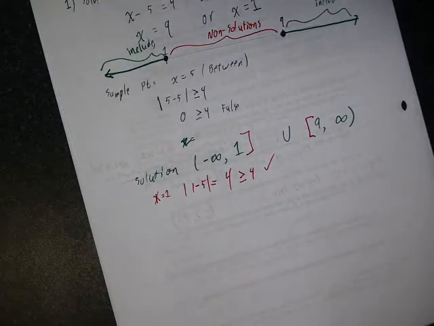In general, if you're solving something, this isn't a universal truth. If you're solving an inequality that involves less than or equal to, generally endpoints will be included, because you want to include solution